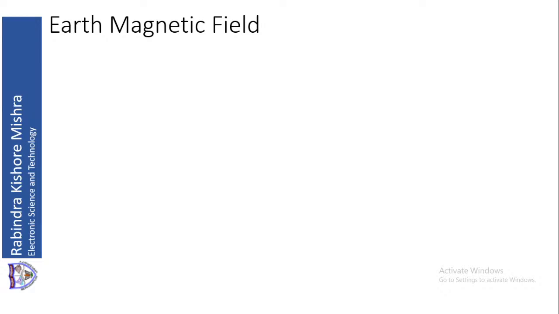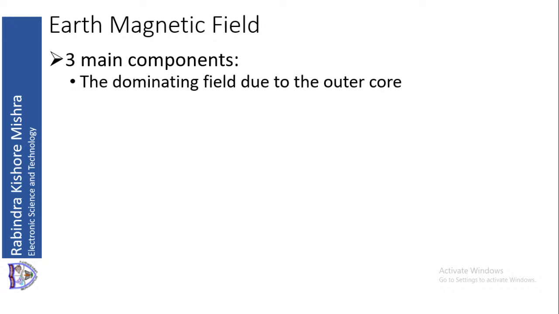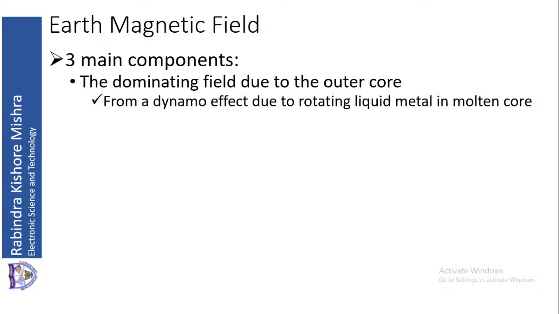Okay, so from that let us come to this part, Earth's magnetic field. Earth's magnetic field has three components. The first component, or the dominating field, is due to the outer core. It has three portions, but I am not going to consider all three. We will consider the outer core only. This outer core is formed